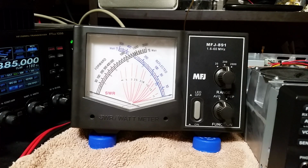Now, let me go to FM. That's her max output. So it's not even achieving full 100 watts. Yeah, just barely 80 watts. So